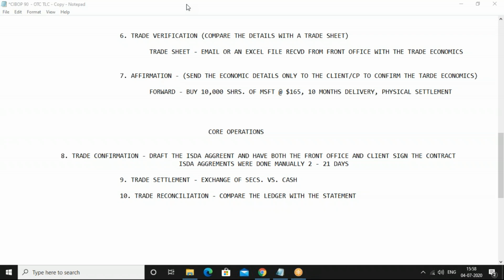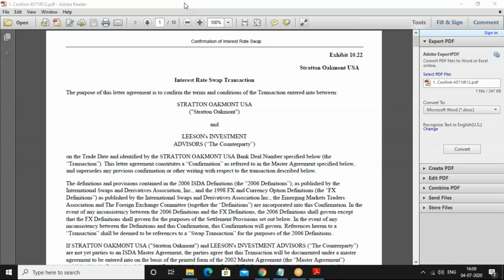Now, I wanted to show you guys an example of an ISDA agreement. Please understand it's very hard to get this kind of information. So this is not necessarily a valid transaction, but the details and language within this contract are correct. What I'm showing you is an interest rate swap transaction by two parties, Stratton Oakmont